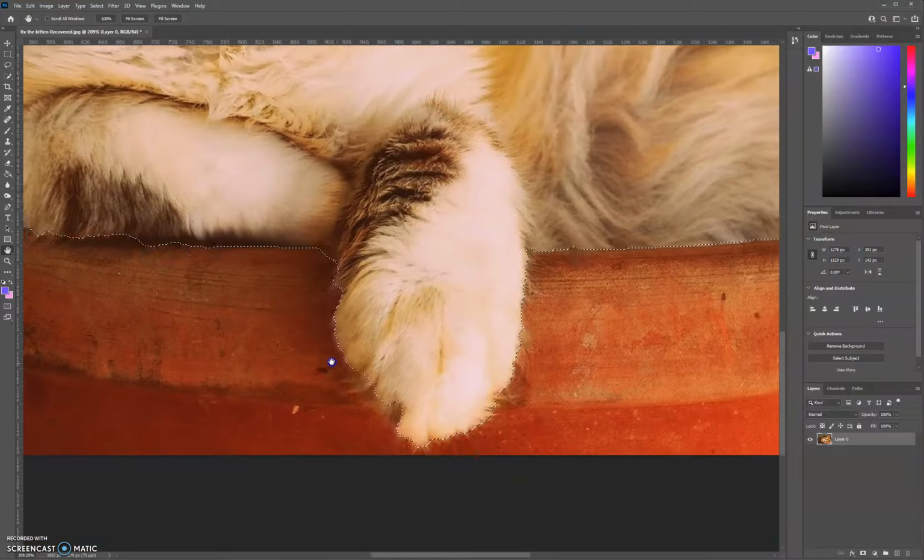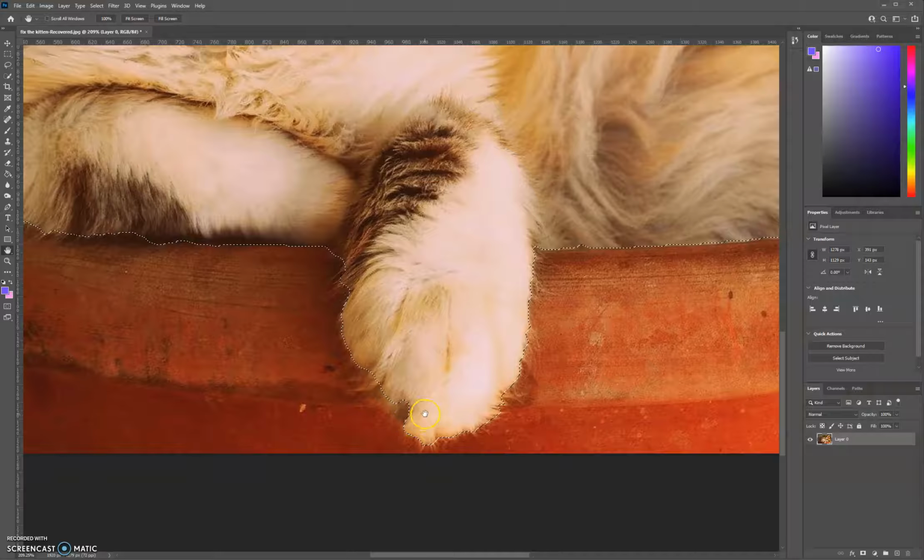Alright, there's a bit of his paw down here that I want to add, so I'm just going to, with the lasso, hold Shift to add. Remember, it's Shift to add, Alt to subtract, and then I'm just going to draw around like so. This will work exactly the same way if you want to go back with the magic wand or any of the selection tools. If you hold Shift, it'll add, Alt, it'll subtract,